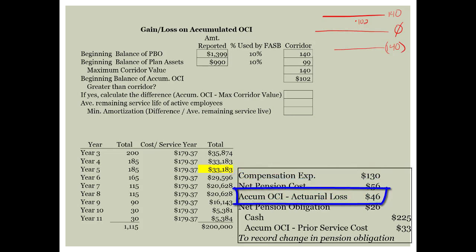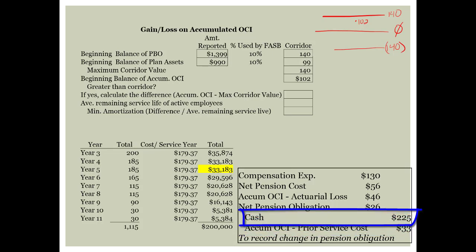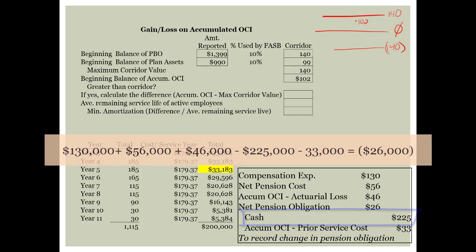We've got our accumulated OCI for actuarial gain or loss. In this case, it was a loss of 46. We amortized away some of this prior service cost for 33,000, and then we had our cash for 225. If we net those out, the 130 plus the 56 plus the 46 minus the 225 and the 33, we end up needing a debit of 26 to balance, which wraps up our journal entry,